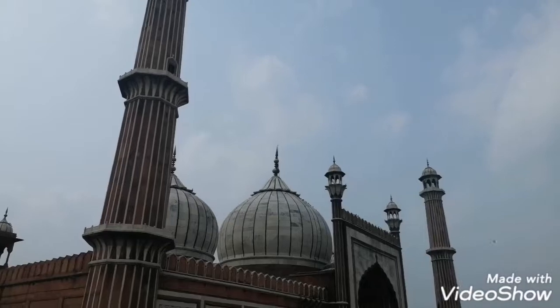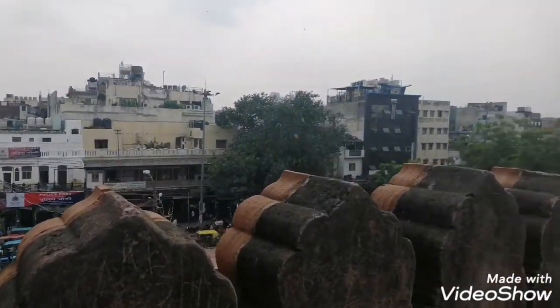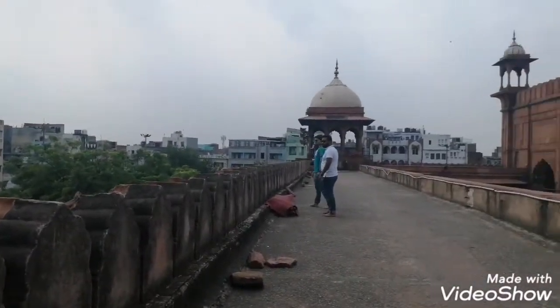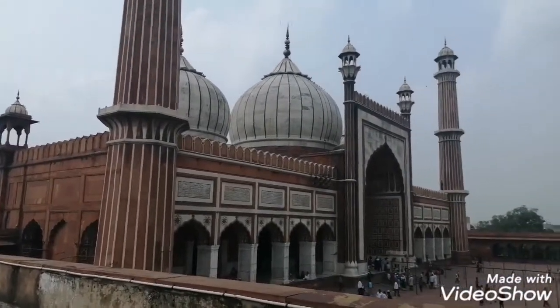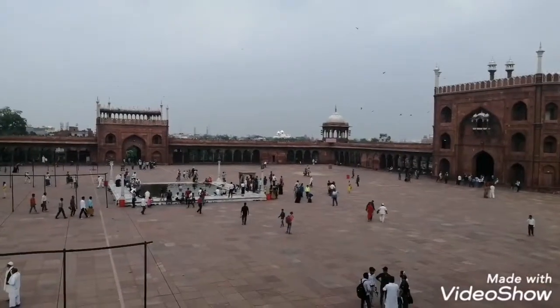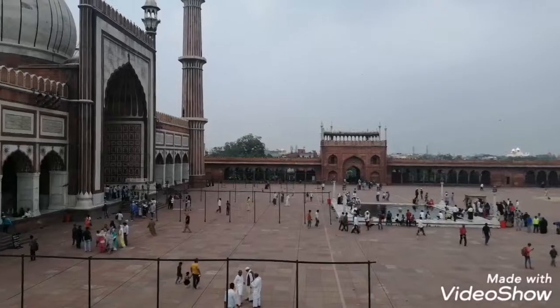And now I'm going to the minaret of the masjid, and there's a ticket to go to this place, and the view from the top we are going to check. This is the view from the top, and as you can see, you can have a look at the entire old Delhi,